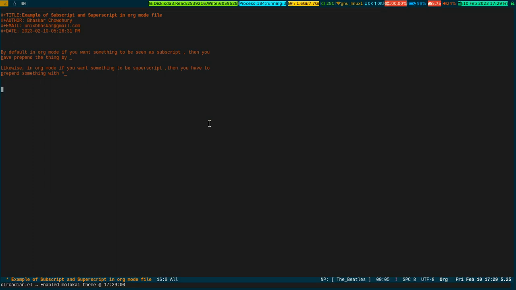But that is not possible with the org default setting, because after the underscore, whatever is there will be treated as subscript, and after the circumflex or caret, whatever is there will be treated as superscript. So something has to change, otherwise I won't be able to get the text as I want in my document. As I said, the root cause is